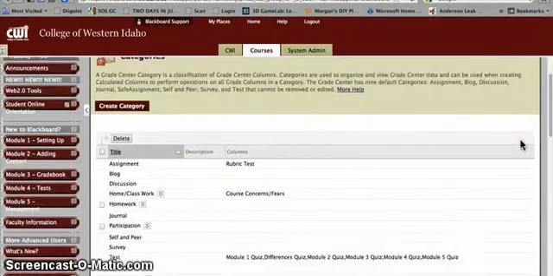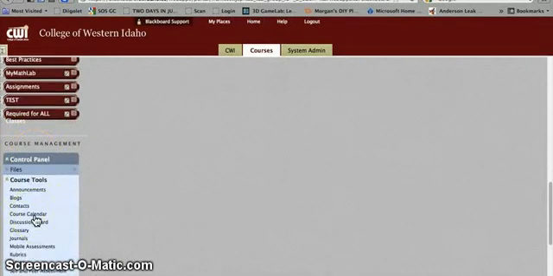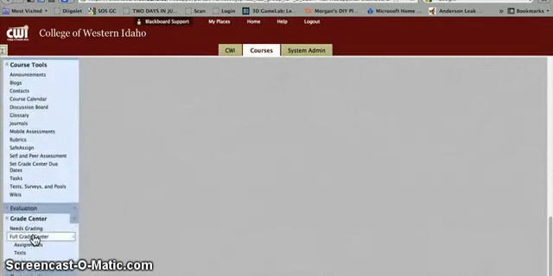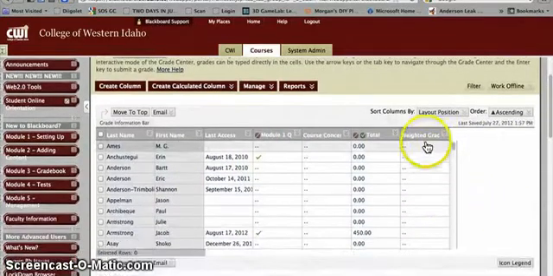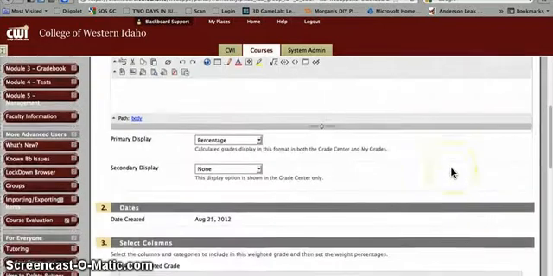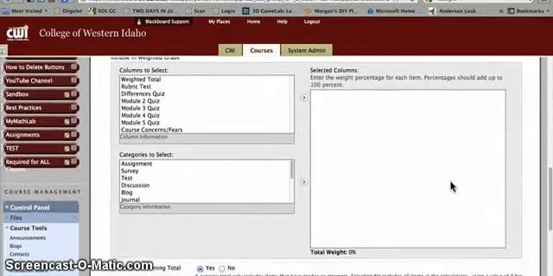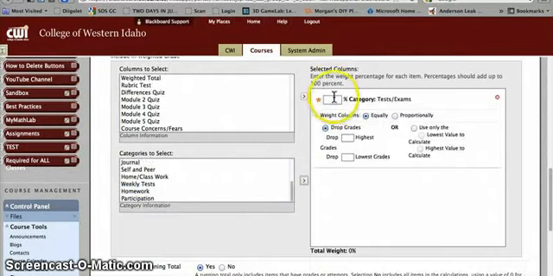Now that I have my categories done, I can come back into the full grade center and then work on my weighted grades. So I'm going to back up here, and in order to do that, I'm going to come into my weighted grade column and I'm going to edit my column information. And I'm going to scroll all the way down. Down here is where my categories are that I can select from. And you can see that there are some things that you just can't delete, but I can find the things that I have created. So I can say my tests and exams come over here,